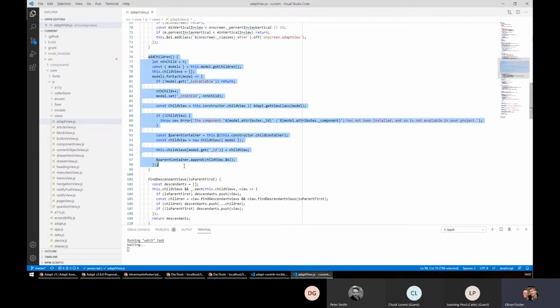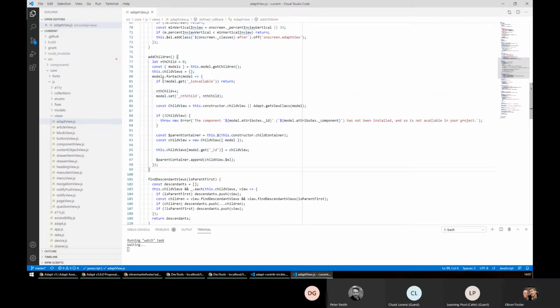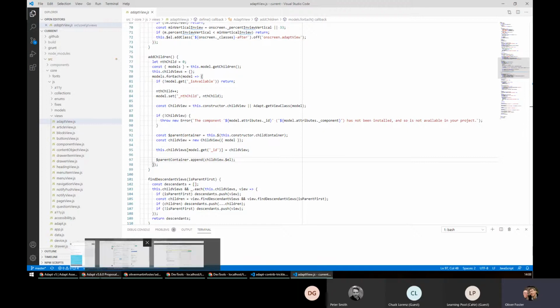And add children, you can see here, basically goes through and gets all of the children for this particular view. So if this was the page, it would be going and fetching all the articles, looking up the article, and then putting it into the document object model. And so this is that parent first style that I was talking about, where each of the views that has to be rendered will render its immediate children and then forwards. Now this